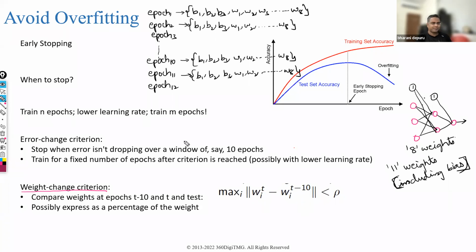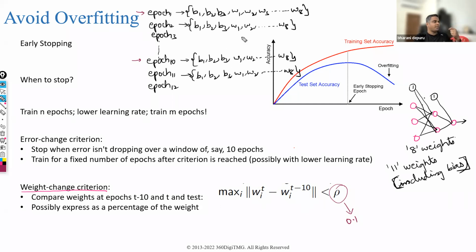So now, if you look at the difference in the weights, and you put a condition, maybe the condition is 0.1. It's up to you again what you give. Neural networks, deep learning is more of experiments. Okay. So here, if you take epoch 1 and epoch 10, subtract B1 from this B1, B2 from this B2,